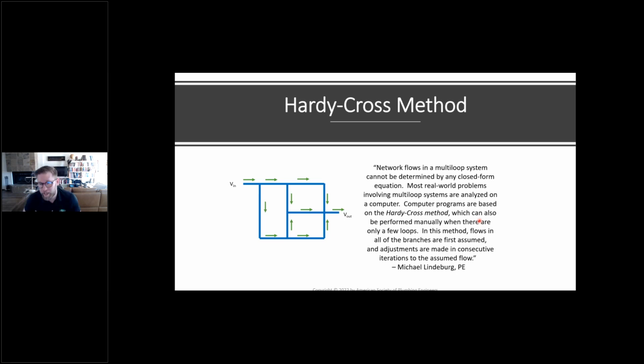The problem is the Hardy-Cross methodology has not, to my knowledge, been built into a program for domestic water systems. On the hydronic side, it actually is very easy because you tend to have fewer parallel branches than you do on the domestic water side. But if somebody has a program out there, I'd be interested in learning more about it and seeing what's out there. But this Hardy-Cross methodology, with that continual iteration and getting closer to the answer that you want in terms of your target delta T, your target velocities, and all the rest,